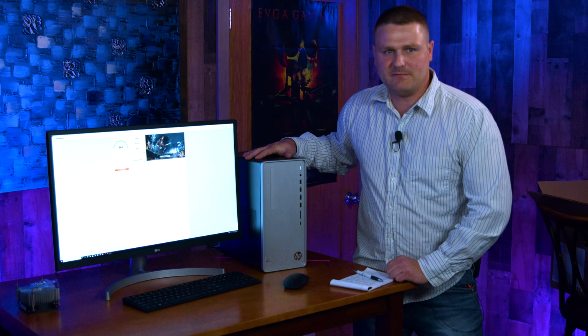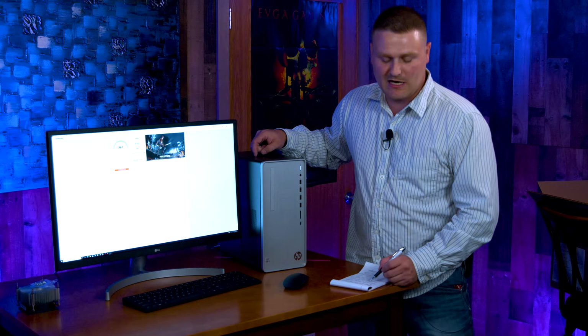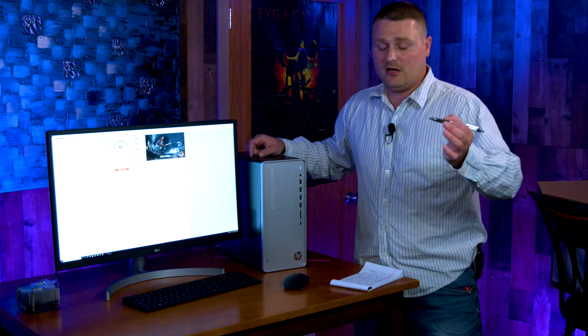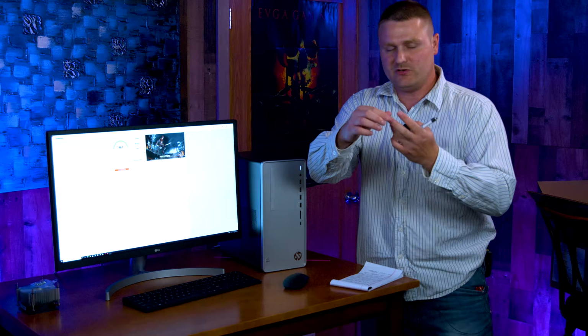Hey guys, we got the stock benchmark done, and I'm going to go over some numbers, but a couple things I forgot before. I did want to talk about this guy. It does come with an M.2 M-key Wi-Fi adapter and Bluetooth card. There are extra hard drive cables in this computer, so if you want to add an extra hard drive or SSD, it does come with. This computer will allow one M.2, one hard drive, and one SSD. You could take that hard drive out and put in two SSDs, but that's for a different time